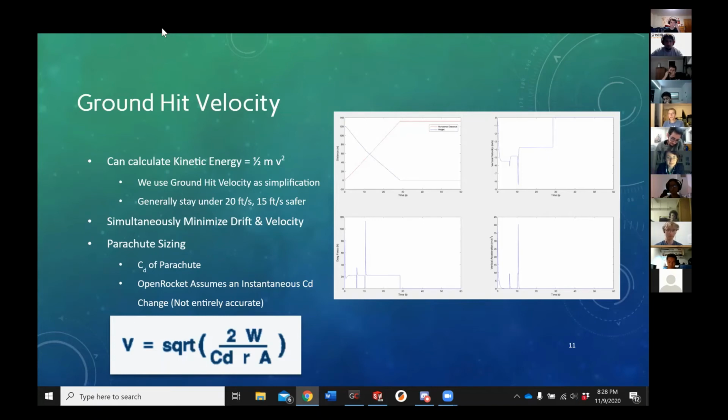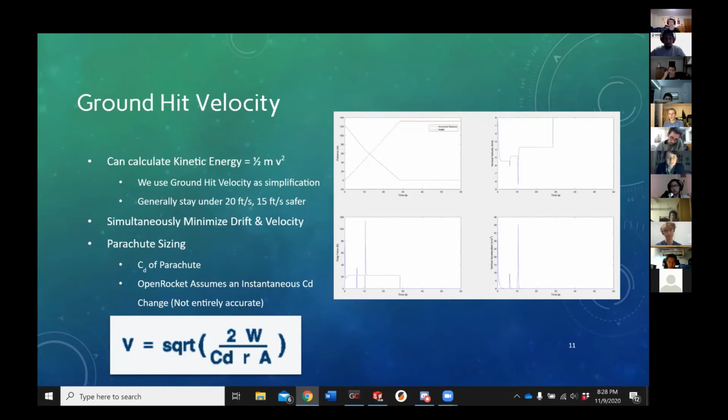Also, you just don't want to have to go chase after your rocket too much. It might be hard to find if it lands in some bushes or something like that. So you want to minimize the descent velocity while minimizing drag and horizontal travel at the same time. There's a trade-off there, obviously, and it'll depend on your launch site and other constraints, dangers and obstacles, and also how high you go, because the higher you go up, the longer it takes to get down, and